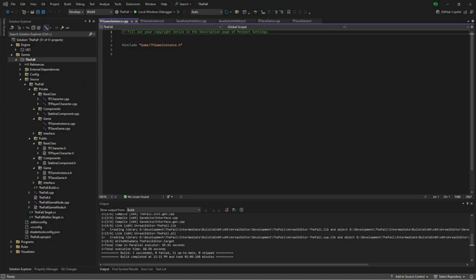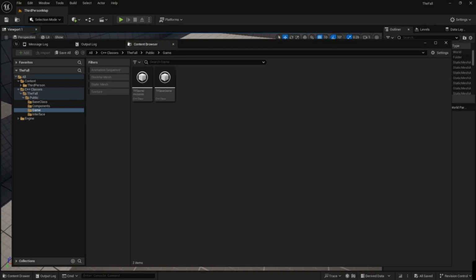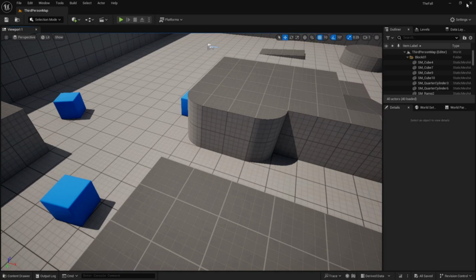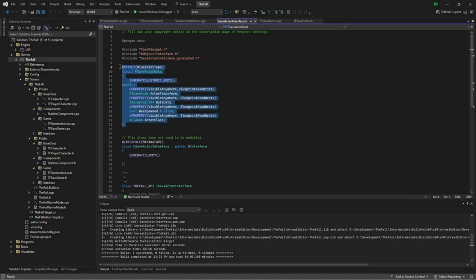I'm actually going to get rid of the live coding. We're not going to do that. And we're going to be closing out of the editor right away as well, because we don't need to be in here. So when the editor actually responds, come on. There we go. Okay, so as I was mentioning, we have our struct here, which is going to be used